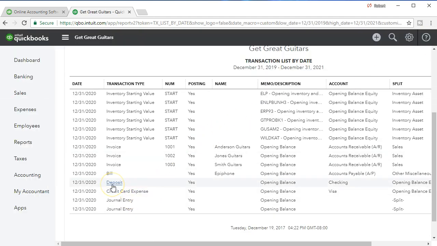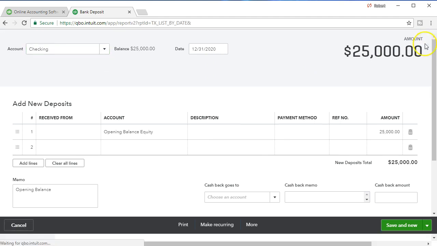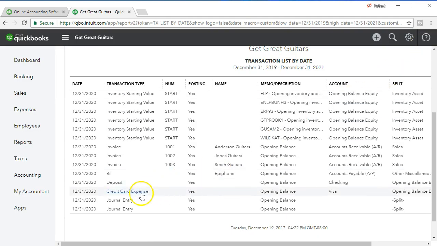Then we have the deposit. If we select the deposit, we see the $25,000. That then is the beginning balance. We didn't actually put a deposit in. We put the beginning balance in the checking account, and that generated a deposit form through QuickBooks. Closing that back out. Credit card expense, and then we have the journal entries,